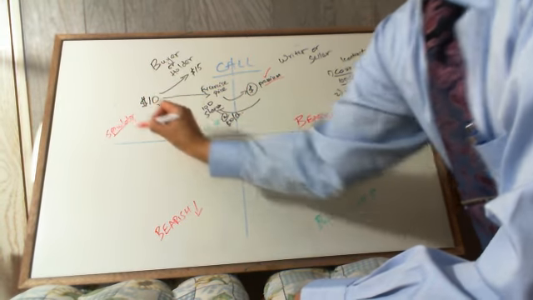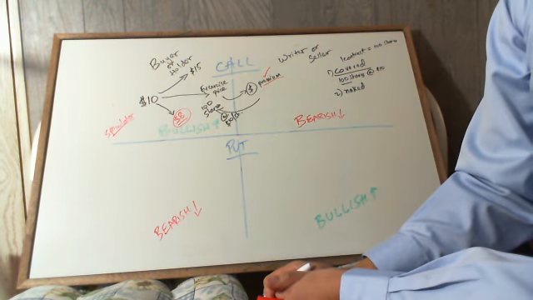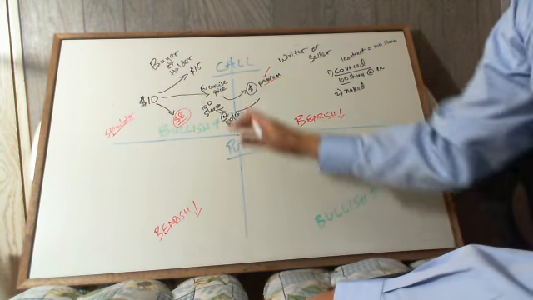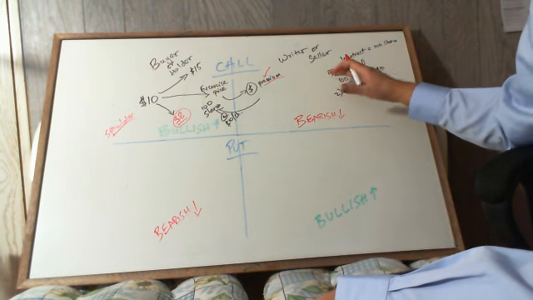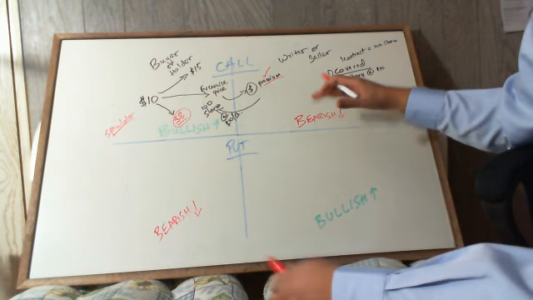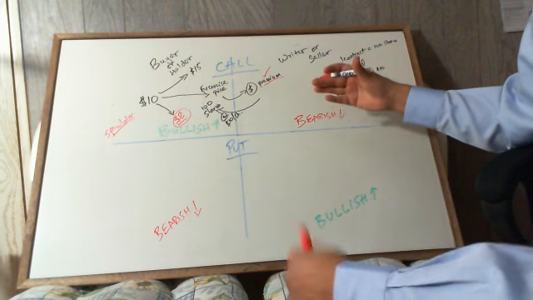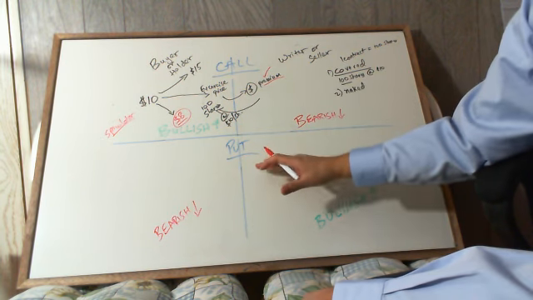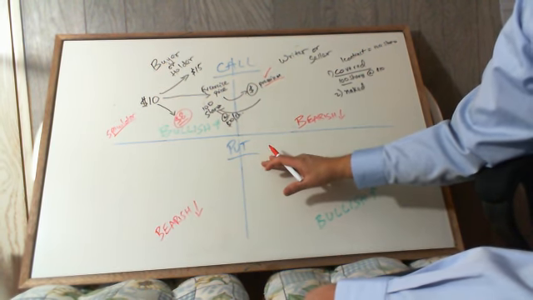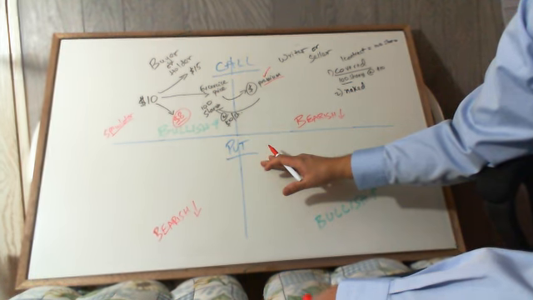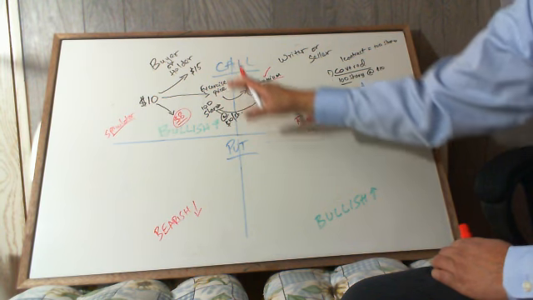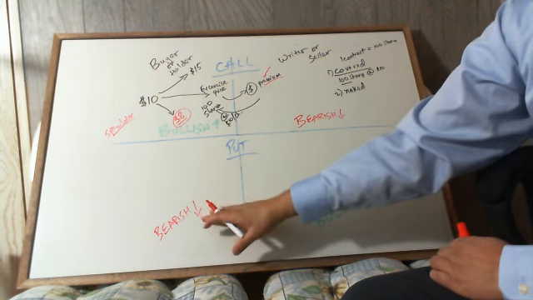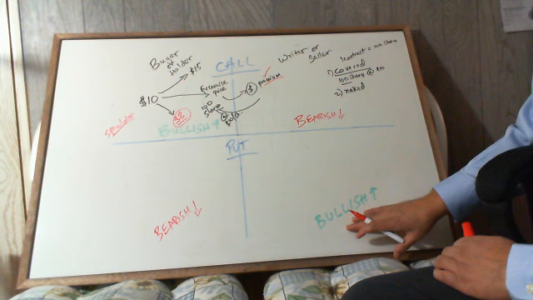Or in other simple words, we can say he is a gambler. He is just betting that the stock will go up, but this person is also betting that it will go down, and they can either profit or lose based on that. So let's move on to the put, which is similar, but it is opposite, in the context that this person who is the buyer or holder is in this case bearish, and this person is bullish.